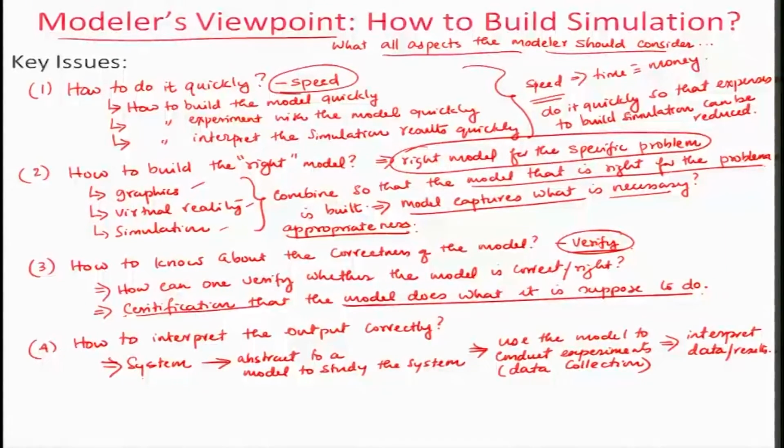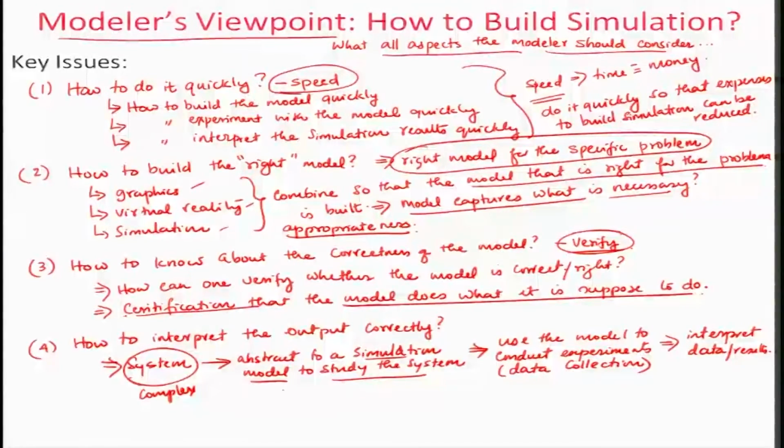Okay. So, you have a system, a complex thing. From here you abstract into a simulation model so that you can study the system.